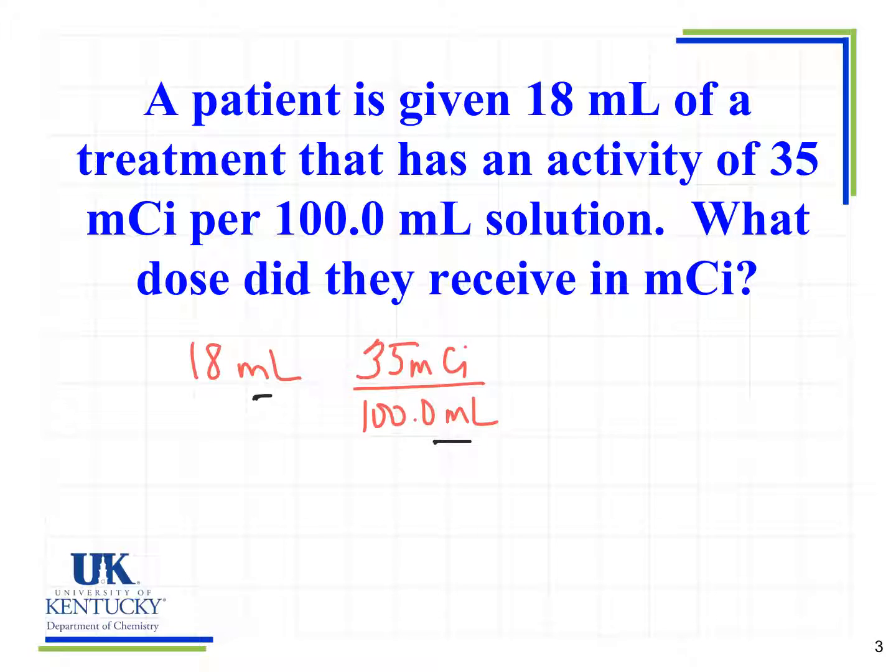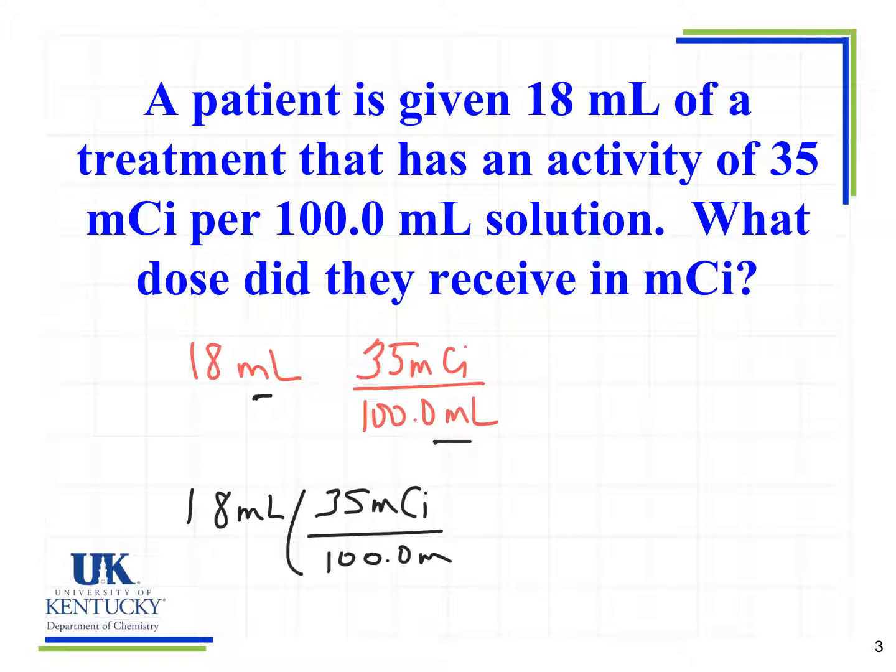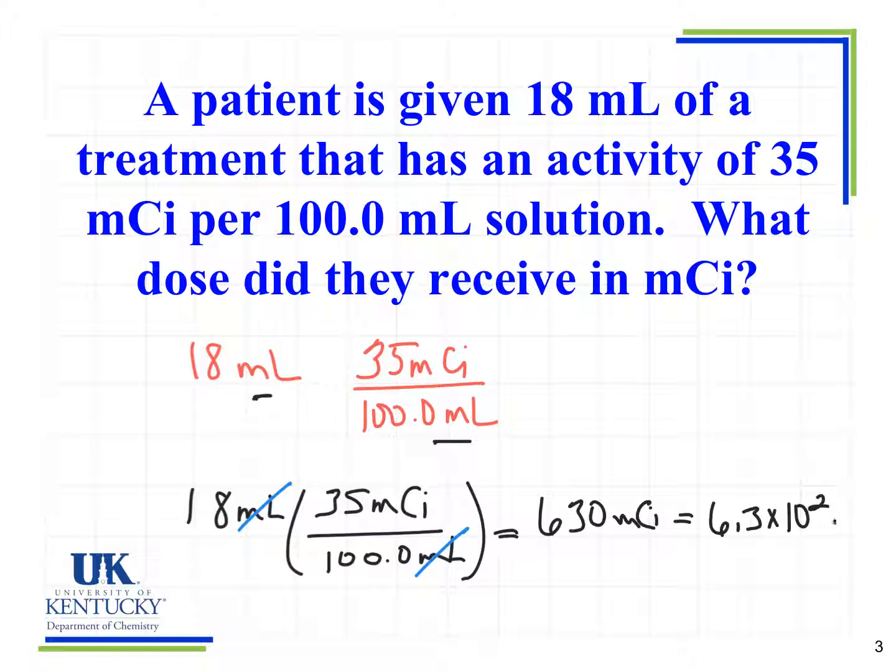As we've done previously, we want to start with the number with a simple unit. So we say 18 milliliters, and 35 millicurie goes on top because we need to have milliliters on the bottom to cancel out. So we can cancel milliliters, and we are left with our units of millicurie. So 18 times 35 is equal to 630 millicurie, and we can write that in scientific notation